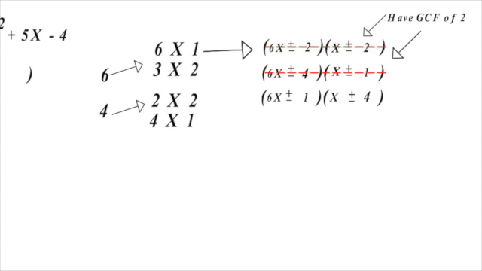If it did, then we would be able to use these, but since it does not, we can't have a GCF later in the problem like this, so we can just eliminate these two. So now you're left to look at 6x plus or minus 1 and x plus or minus 4. Now let's see if when we multiply these numbers out, we can somehow get the middle term of 5x from